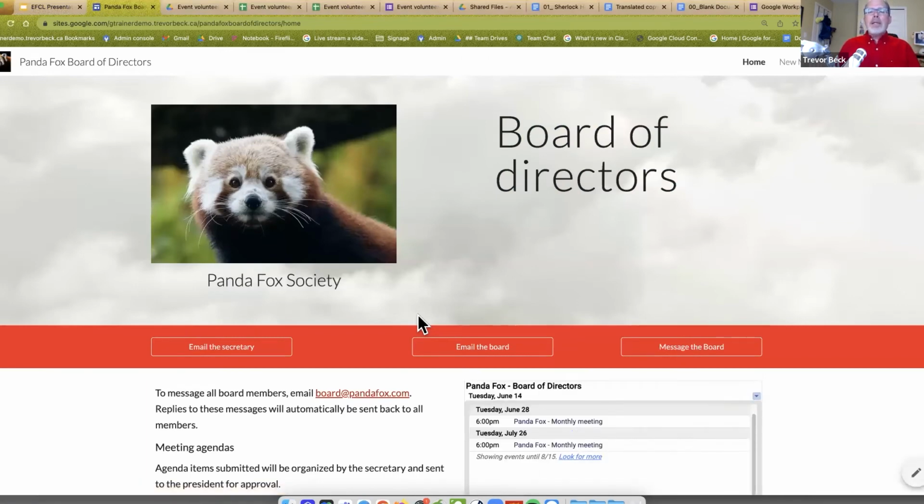One of the beautiful things that I love about Google is its controls. You can keep control of who has access to what files. I'll give you a great example here, which is the board of directors. I've set this up a number of times. If you're a secretary for the board of directors, one of the things that you hate is that email or phone call that says, where are the files? Where's this week's agenda? Where are the minutes from last week or two weeks ago?